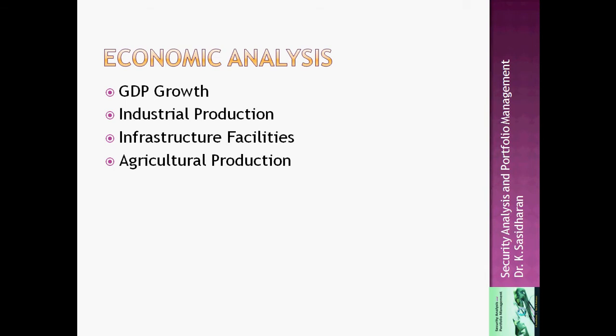Then the agricultural production. Agricultural production contributes substantially to the growth of an economy. When a country is having a surplus of agricultural production, it can feed the masses on its own. Whereas when the country is having a deficit, it cannot. It has to look at other countries, or it may have to get assistance from other countries. So when the country is having a surplus production, it can feed not only its masses, but it can also provide food to the neighboring countries.